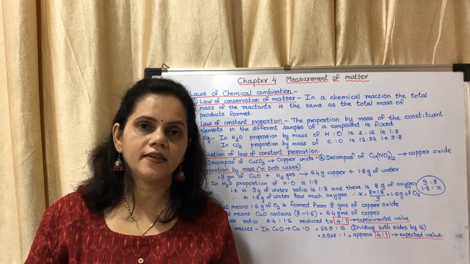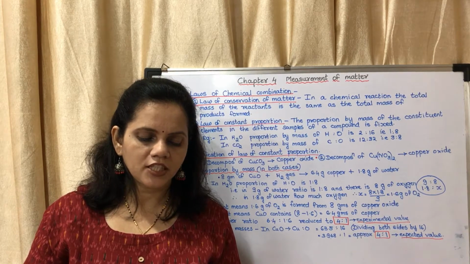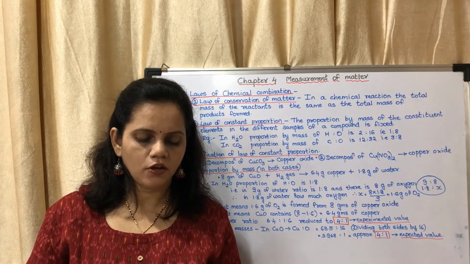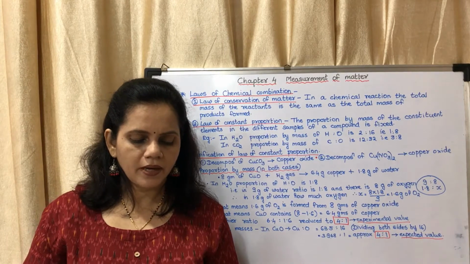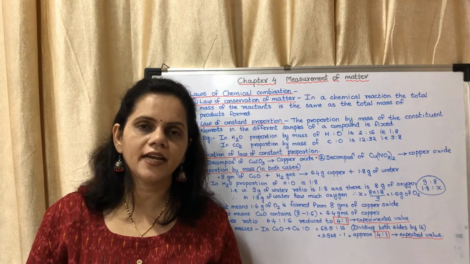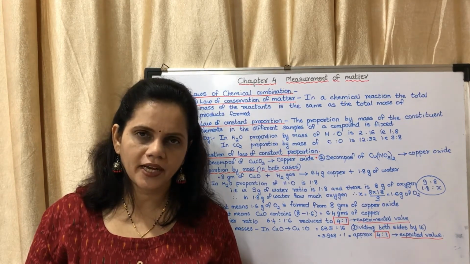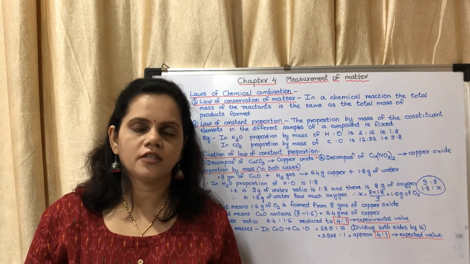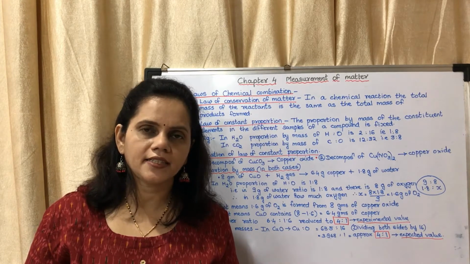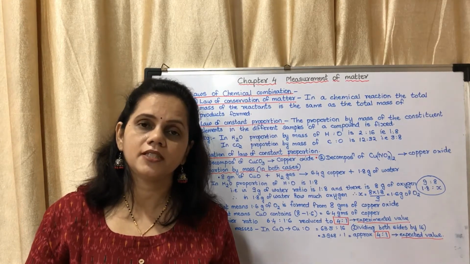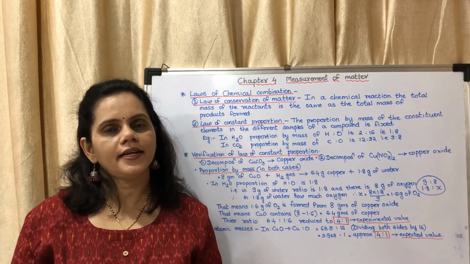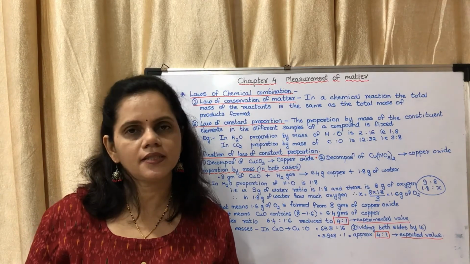You may see activity 1. Take 56 gram of calcium oxide in a large conical flask and put 18 gram of water in it. Observe what happens. Measure the mass of the substance formed. If you are adding water to calcium oxide, they will react and form calcium hydroxide. In that reaction you have to measure the mass of the reactants. What is the mass of the reactants? It is 56 gram of calcium oxide and 18 grams of water. So say 56 plus 18.